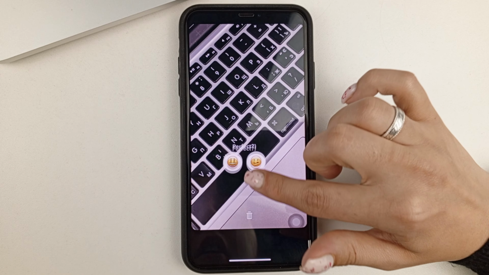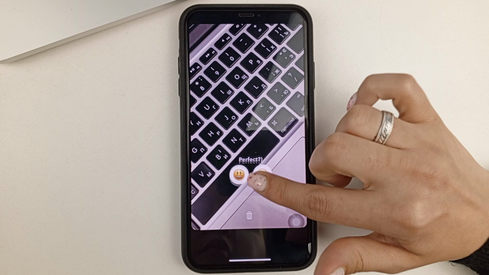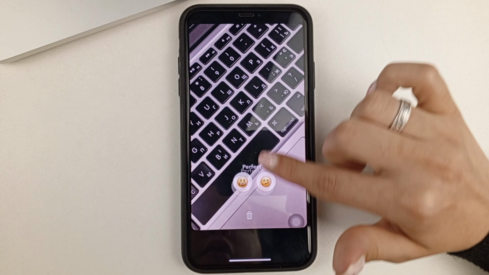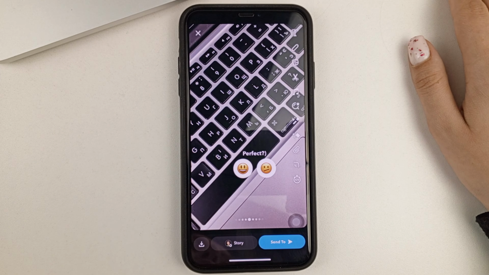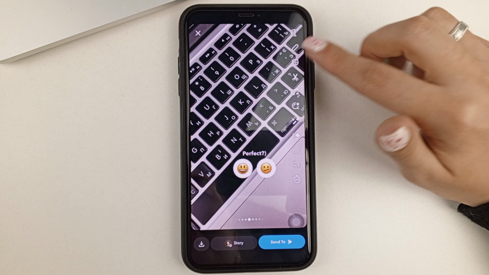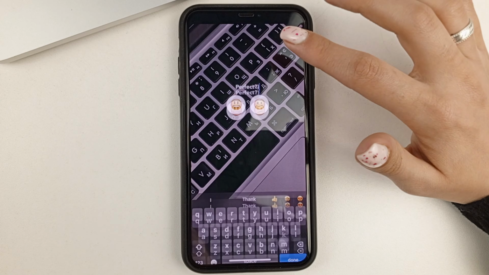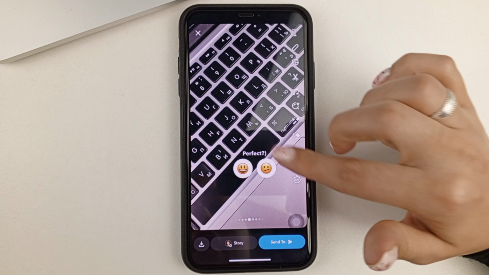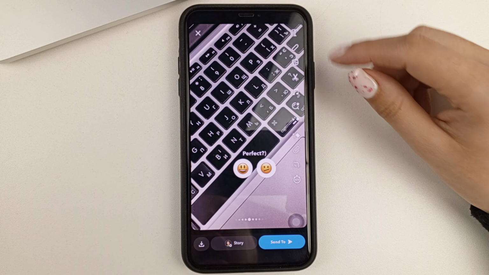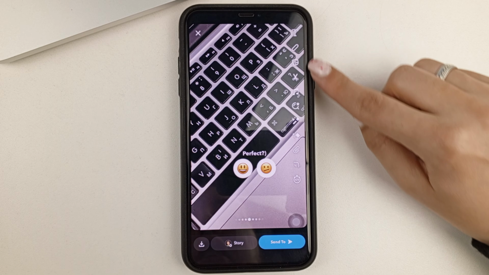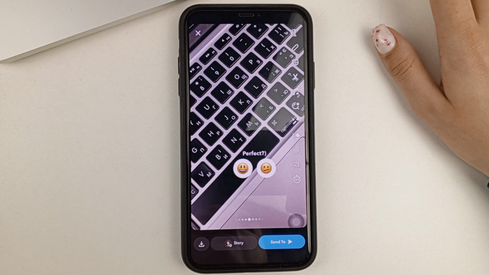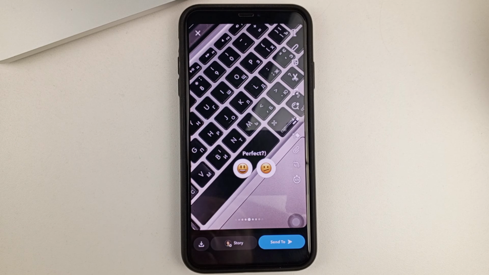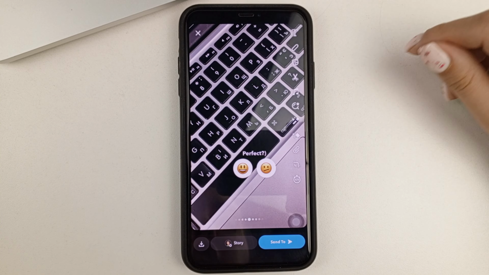And then you can also, just by clicking on the questionnaire, drag it to absolutely any side of the screen. And after that, you can also add another one, for example, a questionnaire, or you can further edit it. And you can also add some text, pictures, music, and so on. And after you've done everything you want to do, in order to send that photo, you just click Send To and send that photo either to a story or to one of your friends.